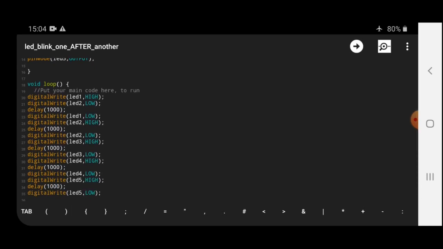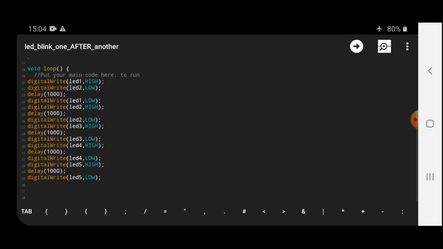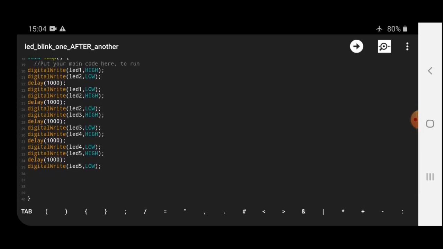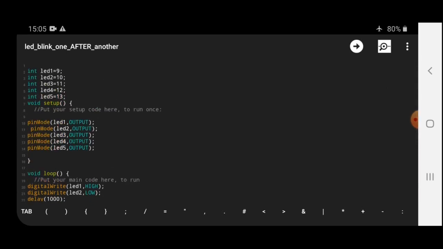It means we will not supply plus 5 volts to those LEDs. And you can see on line 33, digitalWrite LED5 comma HIGH, and on line 35, digitalWrite LED5 comma LOW. We have written digitalWrite LED5 comma LOW because if we do not write this, LED5 will remain HIGH, or remain on, in this whole program and it will not blink. So let's upload this program to the Arduino board. Click on this arrow button.